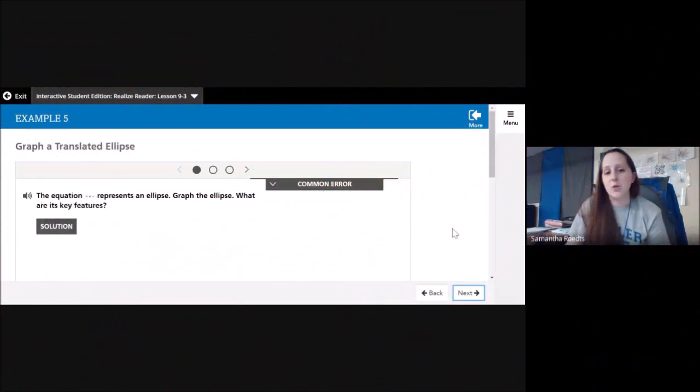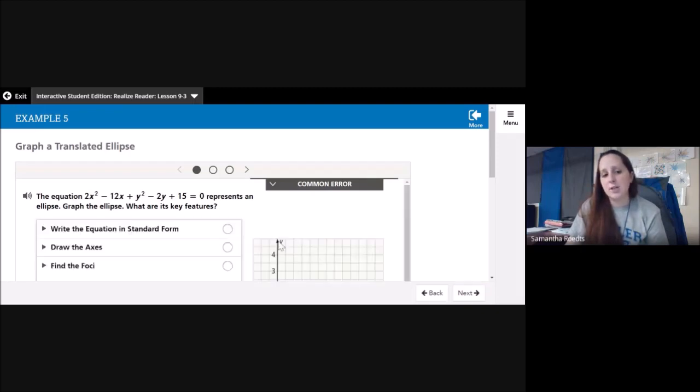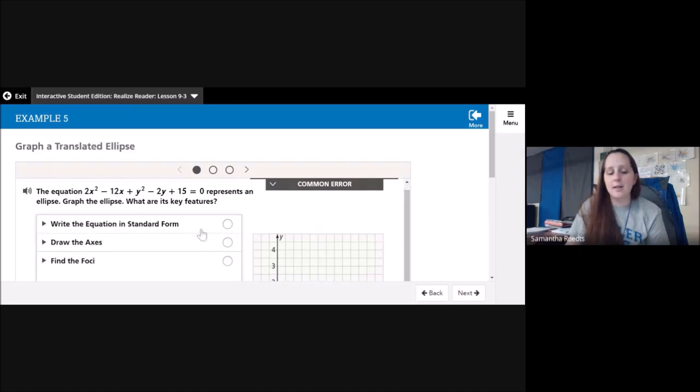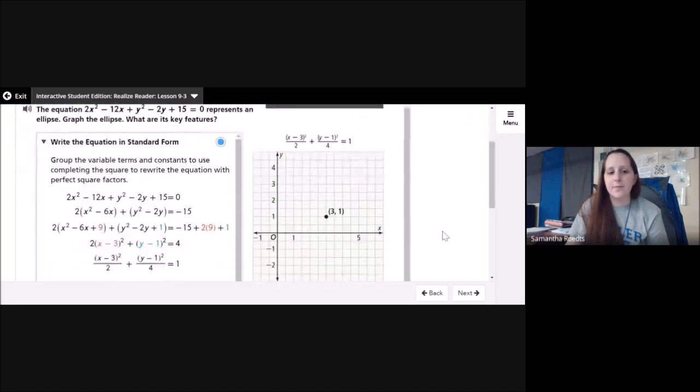Example 5, graph a translated ellipse. The equation 2x squared minus 12x plus y squared minus 2y plus 15 equals 0 represents an ellipse. Graph the ellipse. What are its key features? So I can write this ellipse in standard form. So I basically get all my x's together, all my y's together, I complete the square, and then that actually gives me my points. So group the variable terms and constants to use completing the square to rewrite the equation